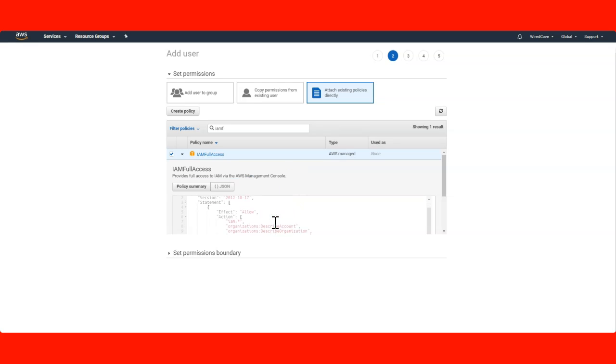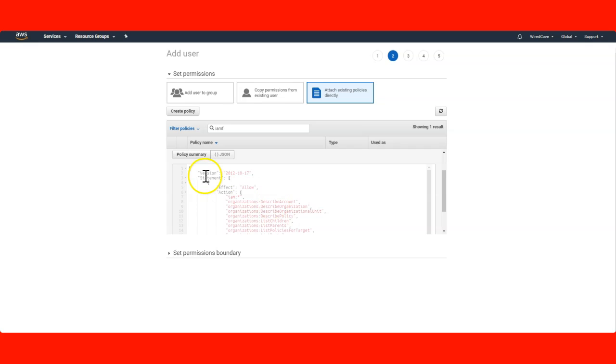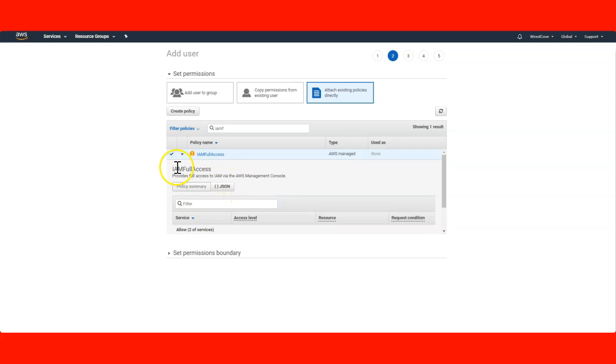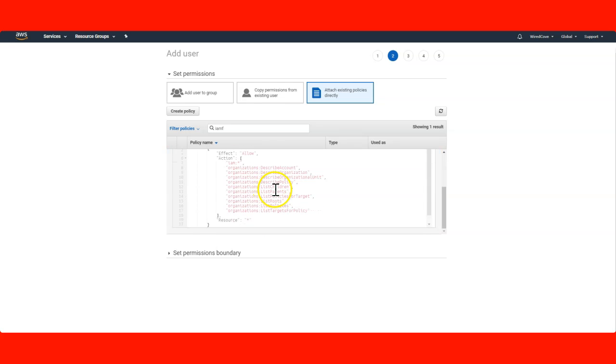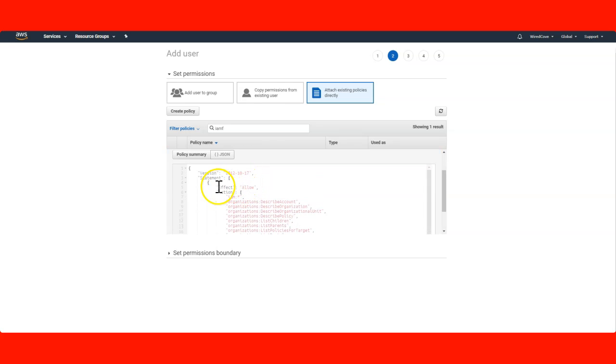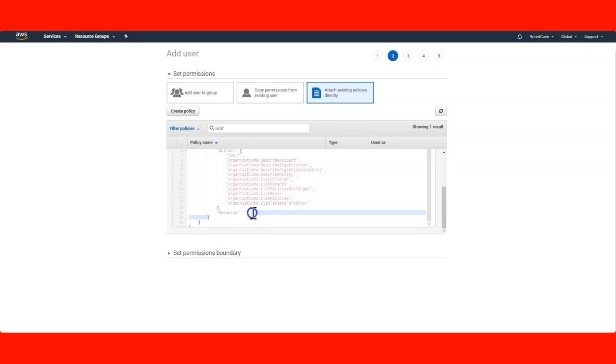If you want to see the permissions, you can see the policy summary or the JSON format. As of now, you can see Effect is Allow, the Action is on IAM with an asterisk, which means full permissions on IAM and all resources.